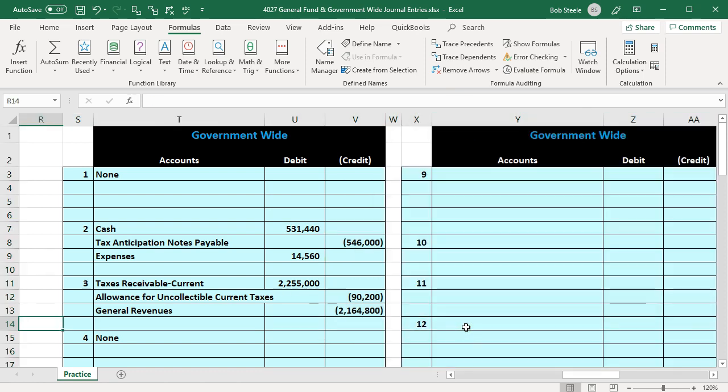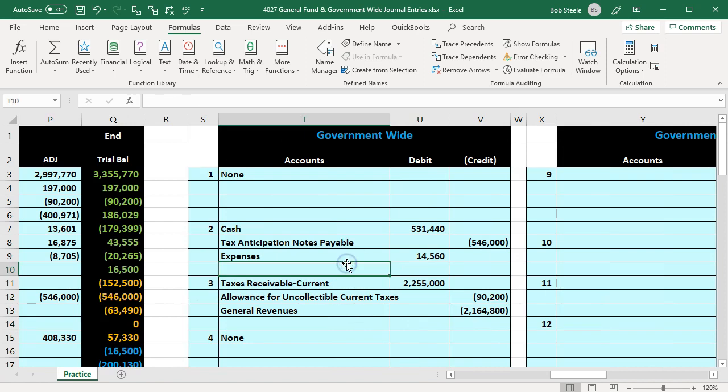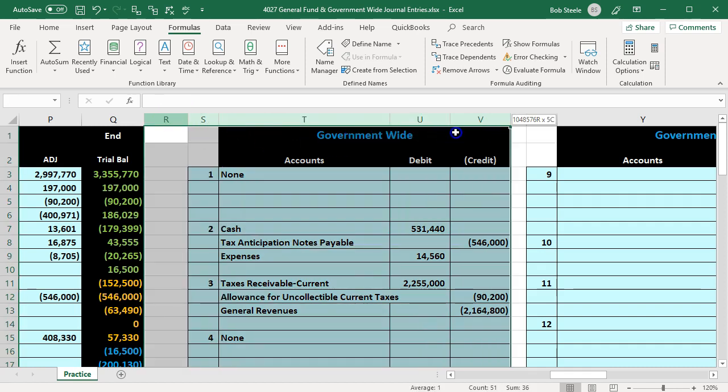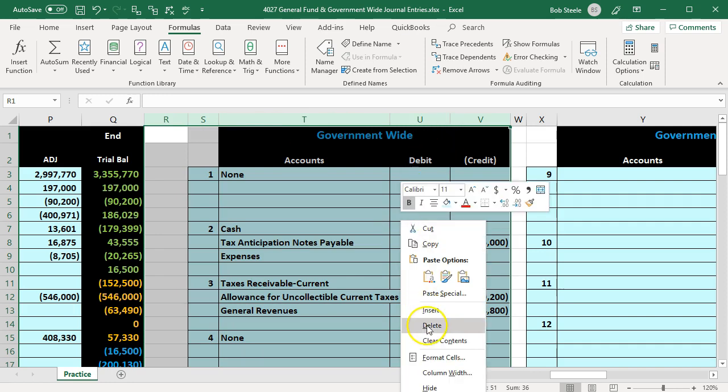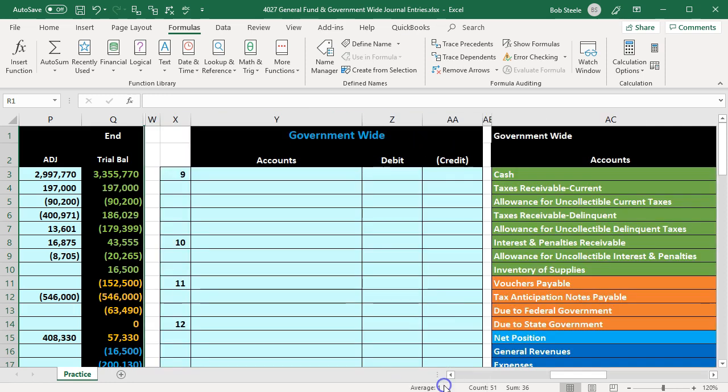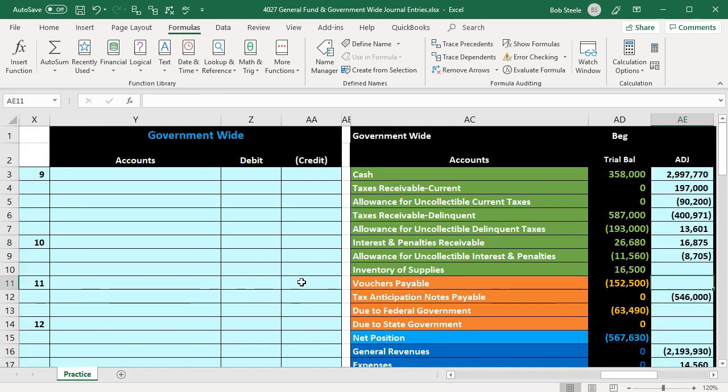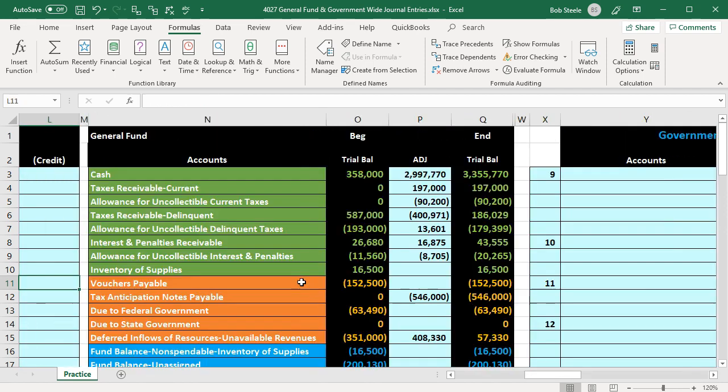Now we're going to hide these items because we don't need them anymore. So we're going to hide them, not delete them, but hide them. We're going to put our cursor on R with the drop down. And I'm going to select over to, let's say, V, R to V. Right click and then hide those cells. All right, so now we have the information right next to where we're going to post in a nice fashion,